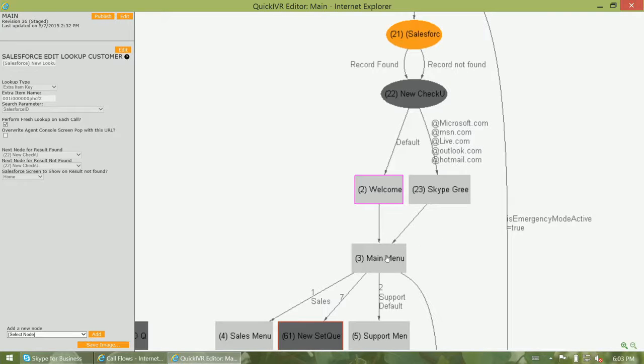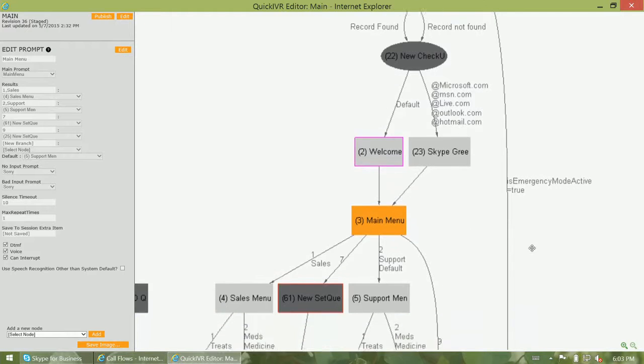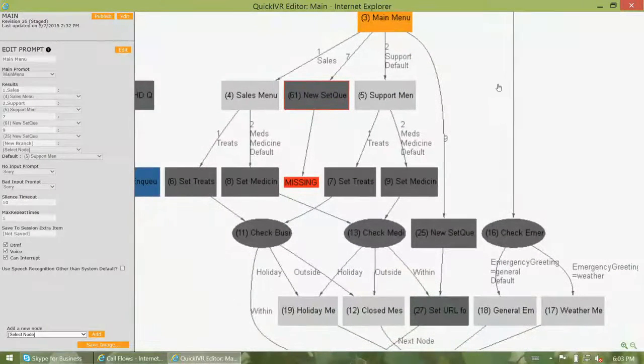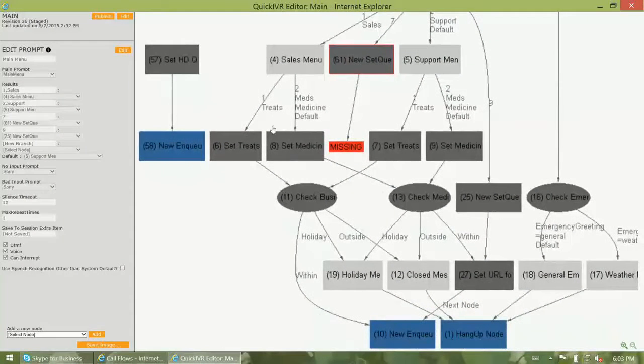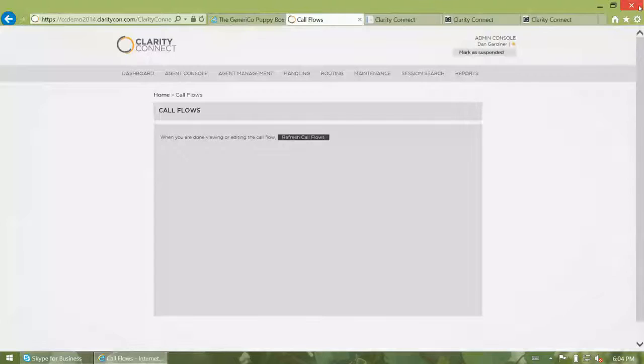And then the last step here that we'll call out is we have what you would expect, a couple of menu prompts where the customer can express their need. They can go to sales, they can go to support, they've got some sub-menus, and ultimately they can get connected through to an agent. Now what we're going to do is go into that call flow first through a PSTN